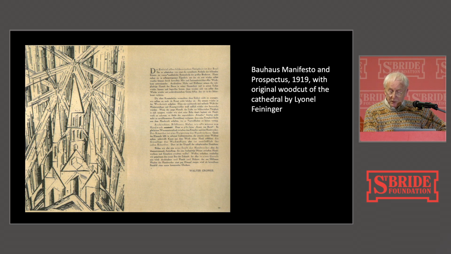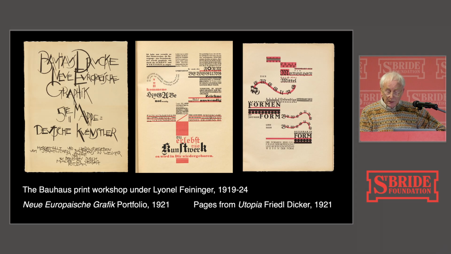For the privately published folios of prints that you can see here on the left, or the magazine Utopia, that was left to the individual artist craftspeople to develop their own combinations of type and hand-drawn lettering. In Utopia, it was Johannes Itten who collaborated with his student Friedel Dicker, and she's credited with typesetting and directing this rather curious piece of printing, translating Itten's wild sketches into typographic form.